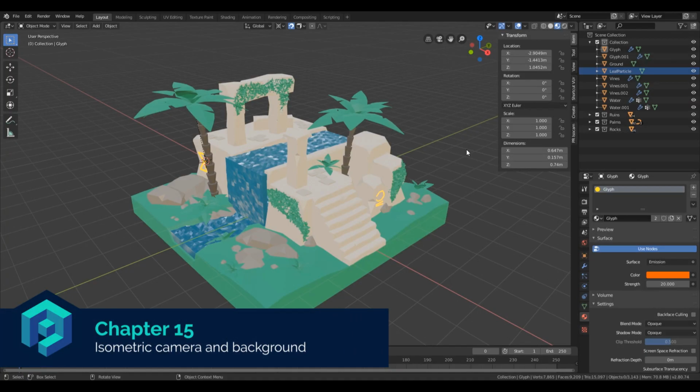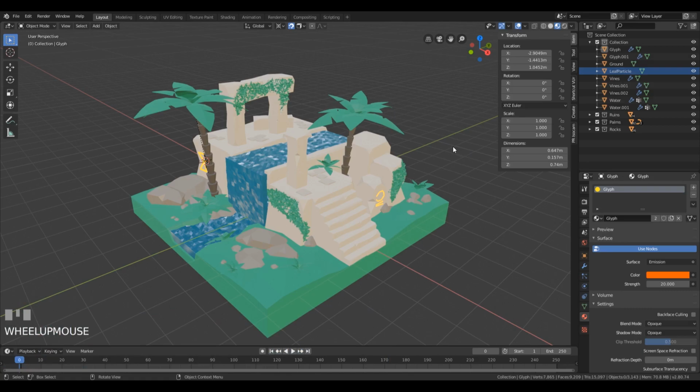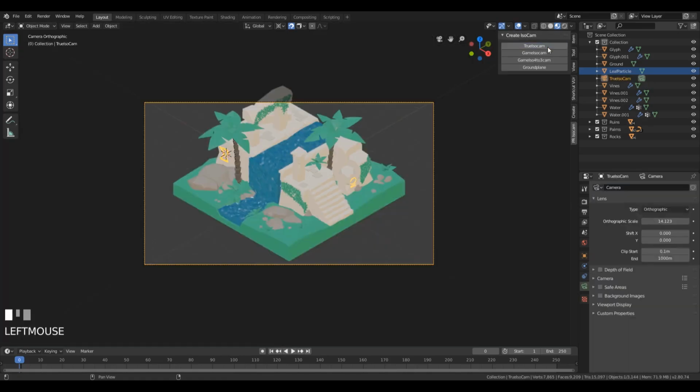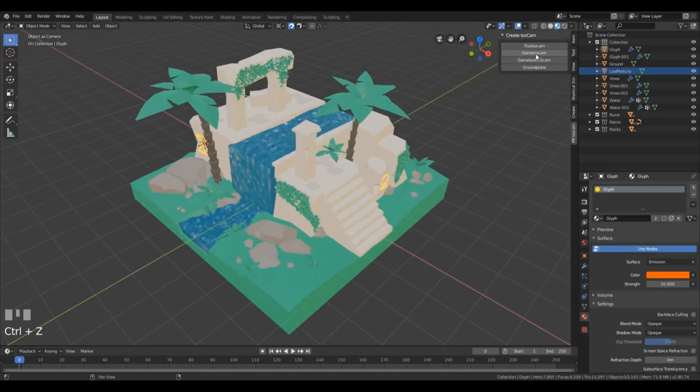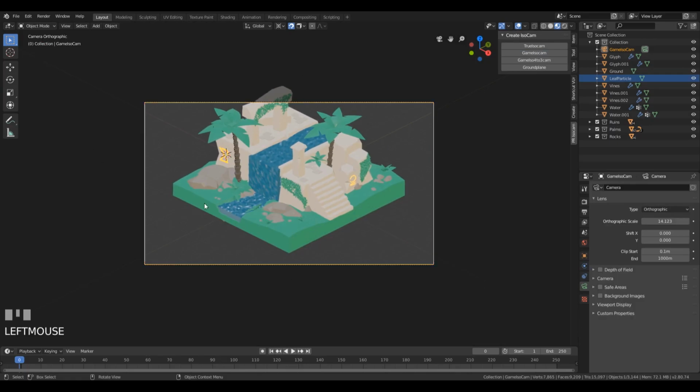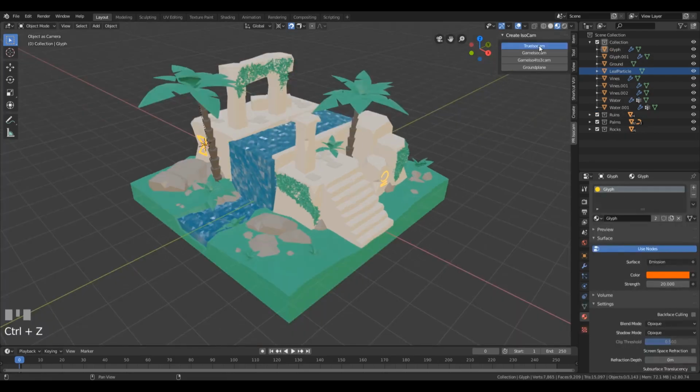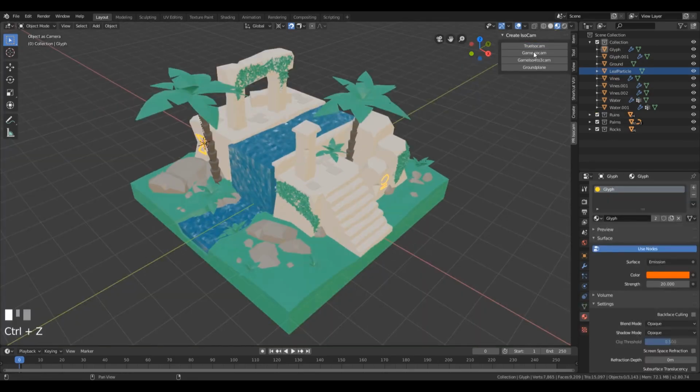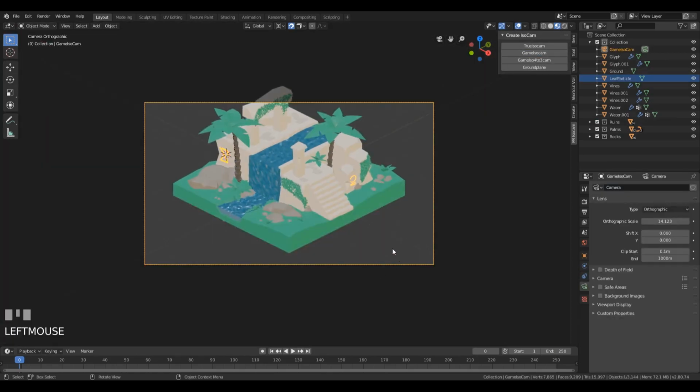We will now follow the same rules as before for camera creation, and as you already know, I've provided a little helper for isometric camera, and you can see it on the little tab here, where you can just click and create true isometric camera or game isometric camera, which has a different size ratio of the isometric grid. So I want to go with the game ISO camera for this scene,